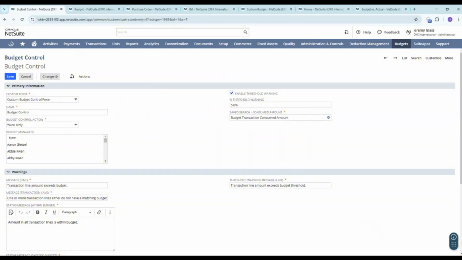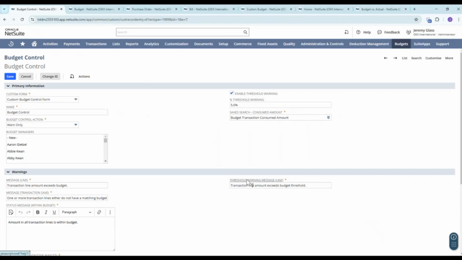You need to name the budget control and set the budget control action, so it can be a warning only, or it will prevent you from saving the transaction. You can also enable the threshold warning based on a certain percentage that, once met, will show a different threshold warning message on the message line.